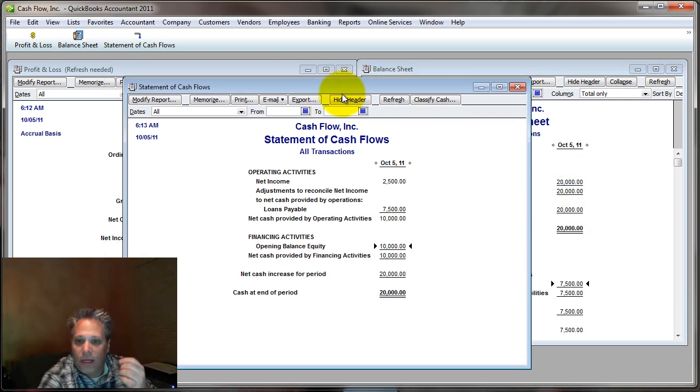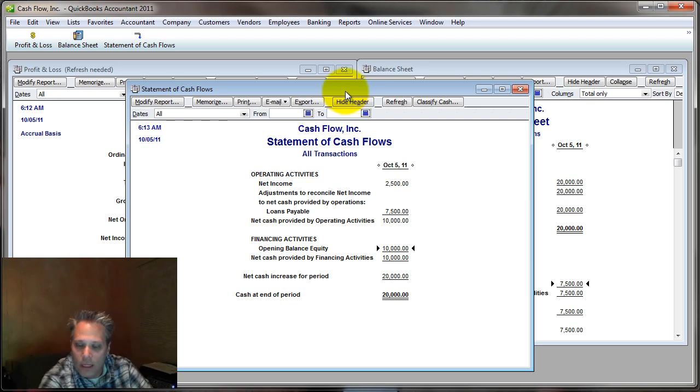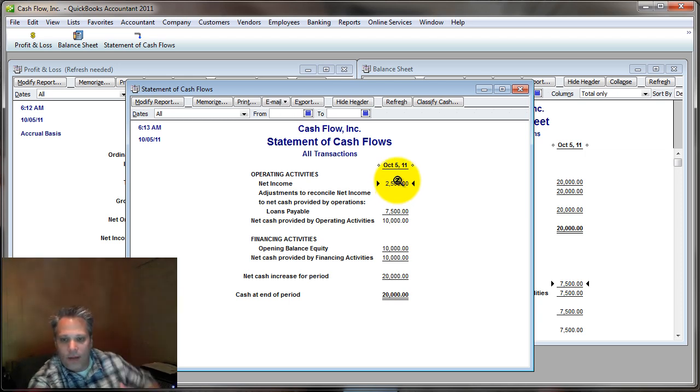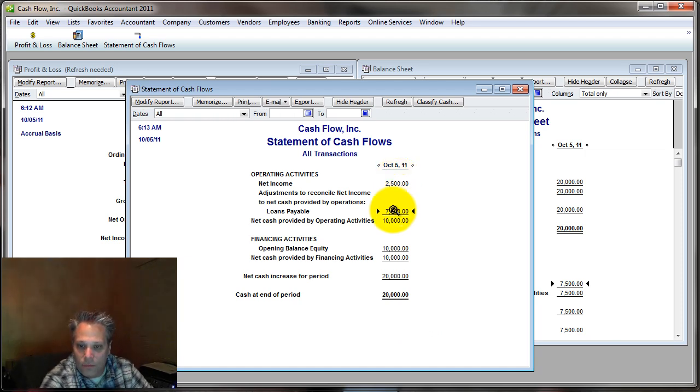So hopefully this gives you some idea in terms of understanding how the statement of cash flows works. It looks at the net change, the delta in an account balance, which has to be either added to or subtracted from net income to arrive at what we have in the bank today. And the way to understand this is to think about what happened, what is not included in net income, and how does that affect our cash balance, or how does it not affect our cash balance, such that we can use this information to figure out what we really should have in the bank. And that's how you want to think through what happened on the statement of cash flow.